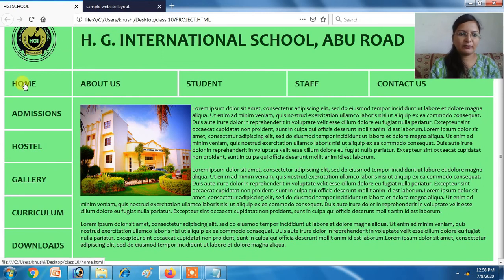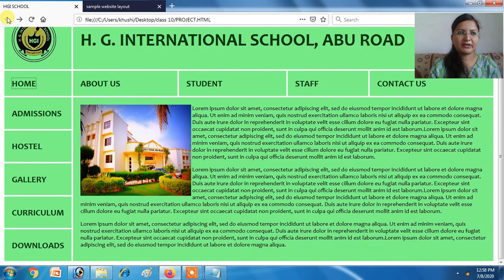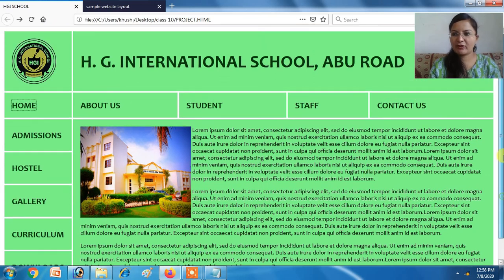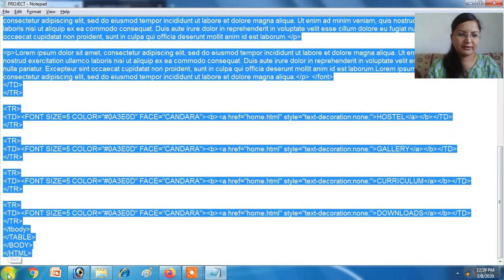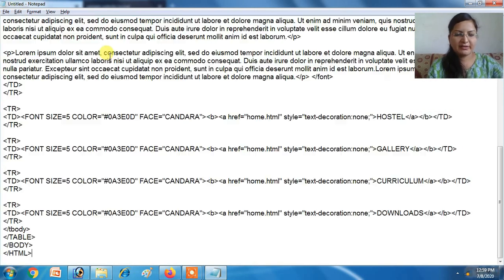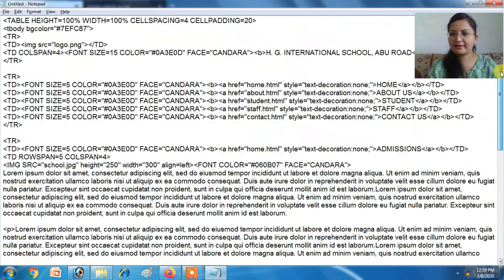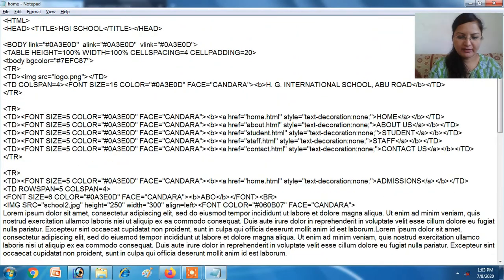When you click on home, it will take you to the home page. We will rename this page as home.html and we will create a new page, about us. It should also be similar, so you can simply copy the whole content of this page to the next one. Copy the whole content in a new page and then paste it. Now both pages will be the same. This is the about us page.